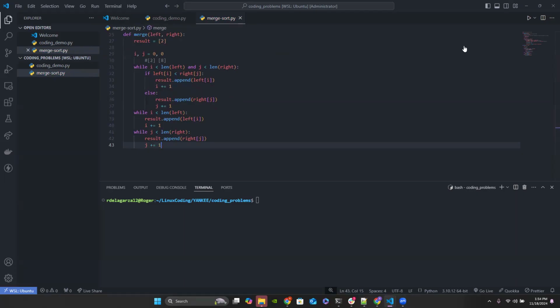So, as mentioned before in the scenario, index I gets increased by 1, therefore making it